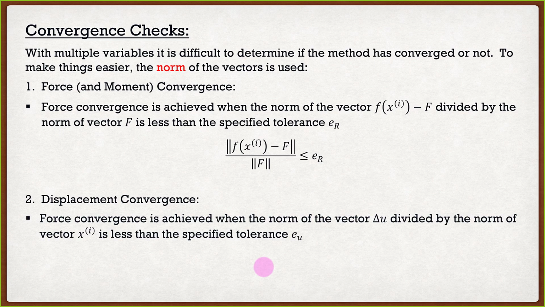So it says force convergence here, but this is displacement convergence. Don't listen to this. Displacement convergence is achieved when the norm of our vector delta u, or delta x, divided by the norm of vector xi is less than a different specified tolerance, aka this right here, where delta x, that's a vector, we take the norm, xi, that's going to be a vector, we take the norm, and we make sure that that is less than the tolerance. Now for ABAQUS, this is typically 1%.